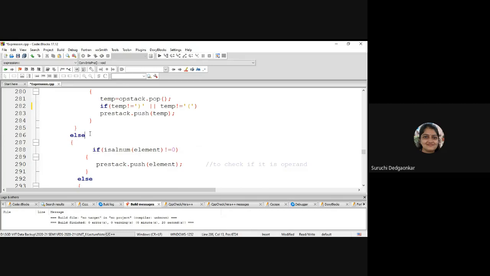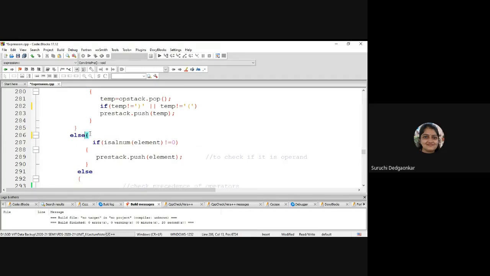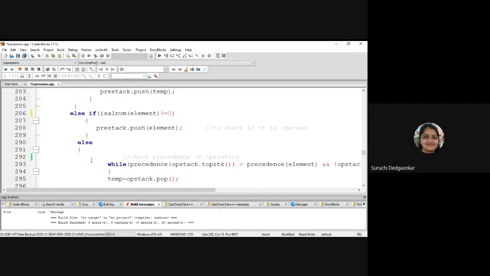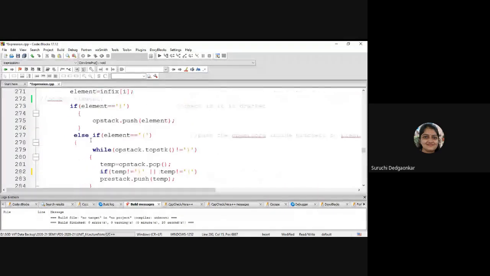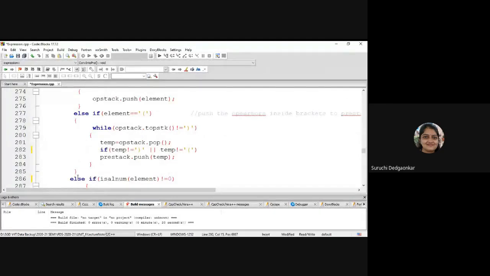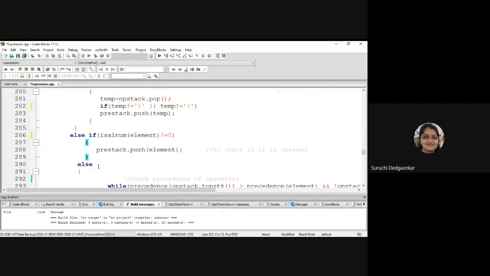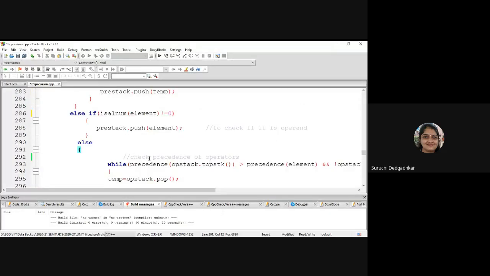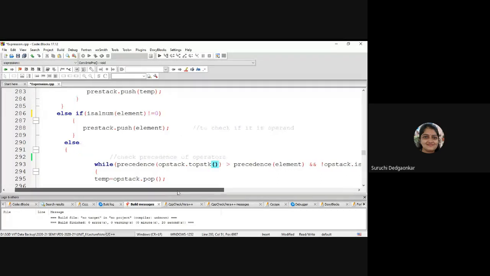Then there is the condition for operand. If it is an operand, then we will be pushing it directly into the pre-stack. Then if it is an operator, the precedence will be compared.